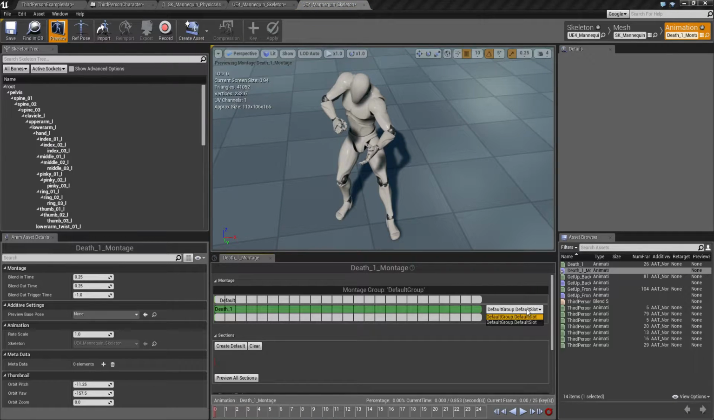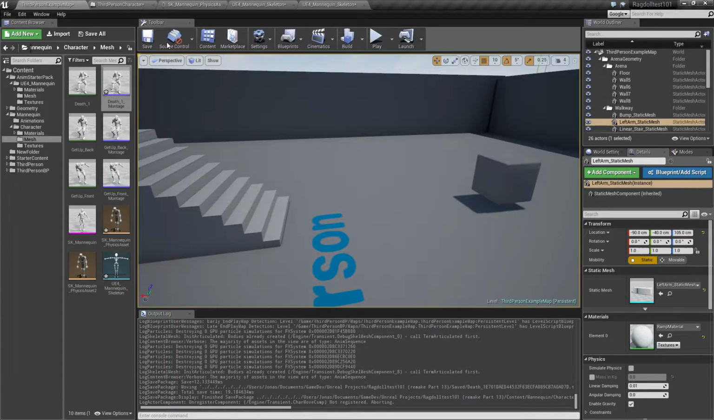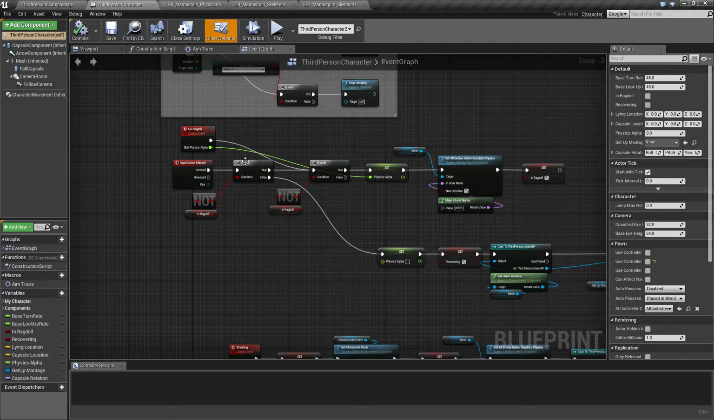Okay, so I'm just making sure we have a default slot selected here, and I'm gonna make the blend time a little bit longer than the default, and I'm gonna leave this one as it is, I think. But I want to make this a little bit longer because I want this to blend in smoothly with the physics movement. So all we need to do now is go to our blueprint, so the place where we